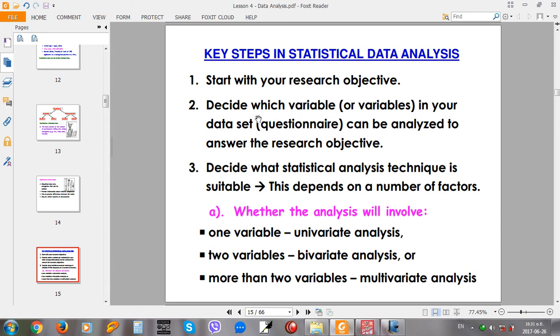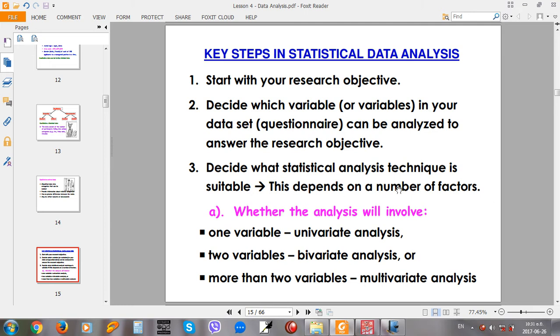So we have to decide which variable in our data set, and how we can analyze the research objectives. Then the third step is to decide what statistical analysis technique is suitable. This depends on the number of factors. So we have to define which statistical technique is suitable. We are going to talk about the statistical techniques in the next lessons. After we learn those things, you can decide which is the best method to analyze this data based on